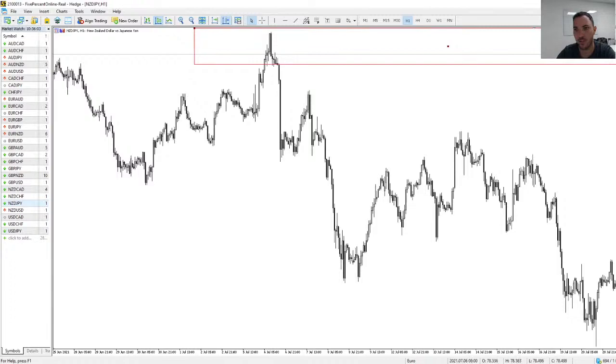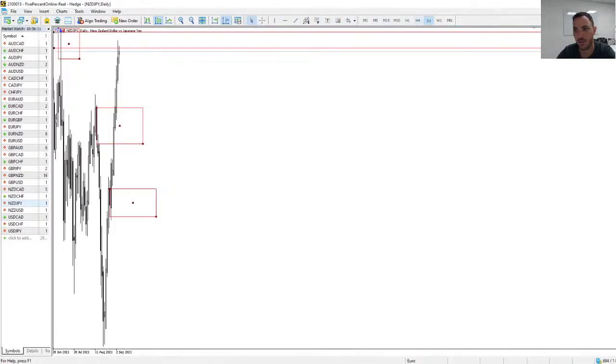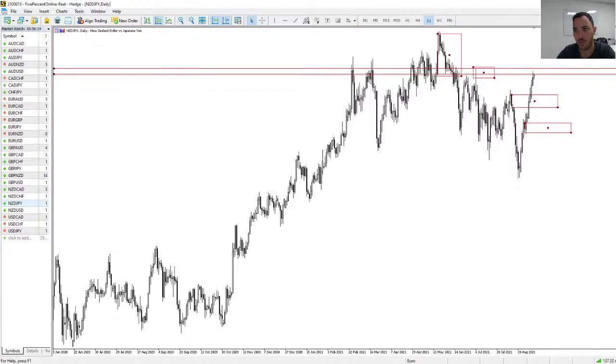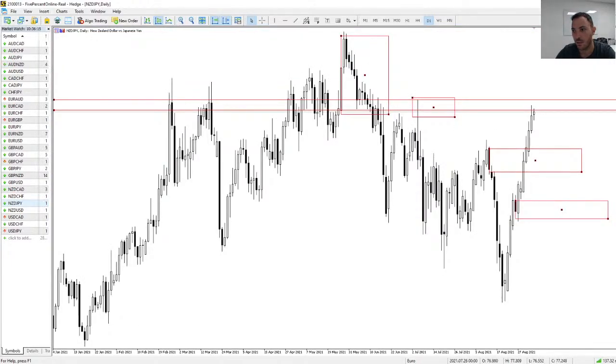Okay, there's a supply. So let's throw some lines. Okay, so right now we are reacting to this supply. This is a fresh supply. We're now testing, so we might see between today or tomorrow the retracement we're looking for, and